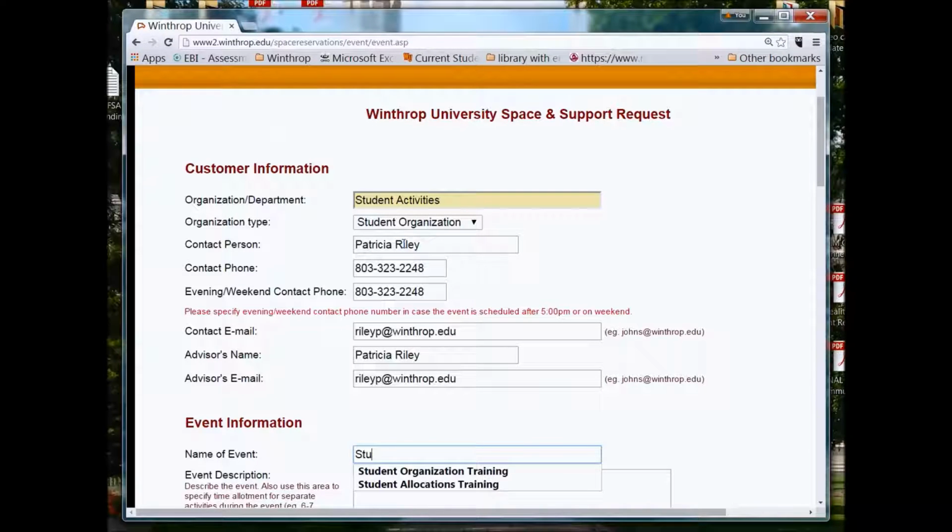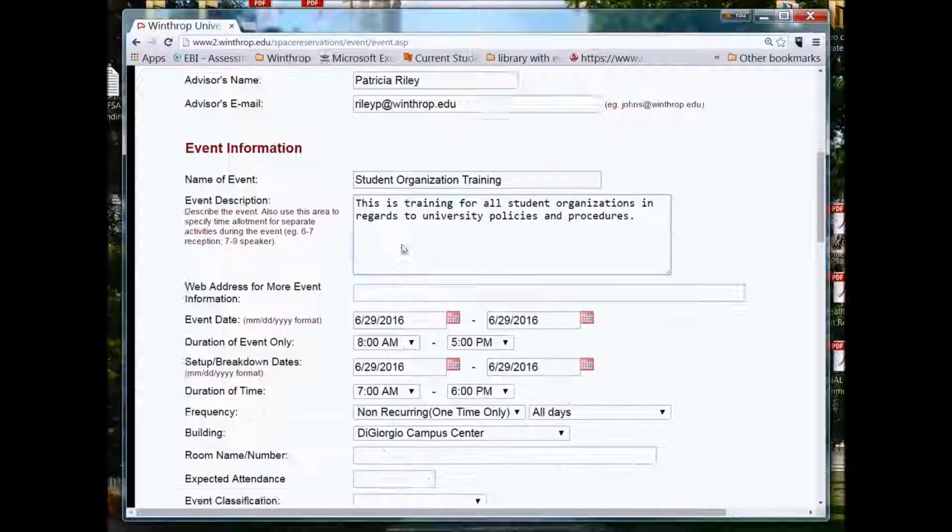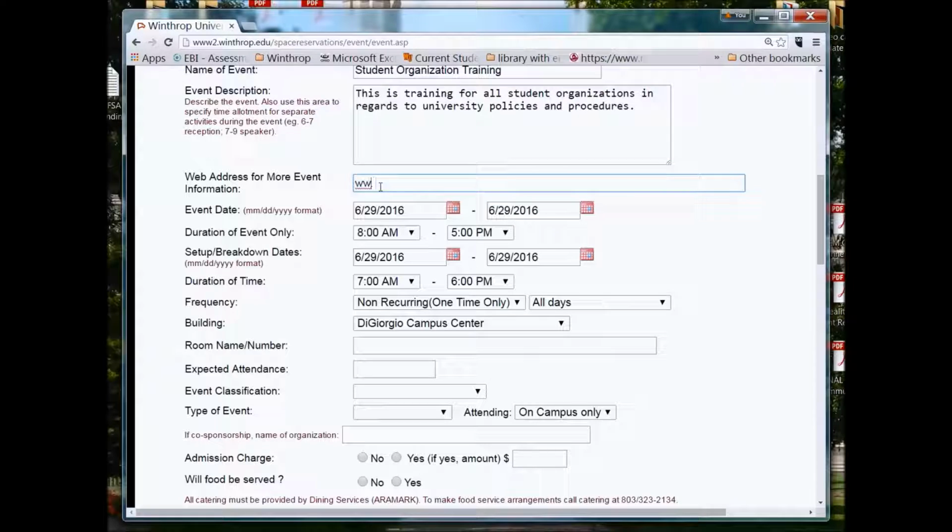And I'm going to put in that this is student organization training. Helps if I can spell. And then you're going to put in all the event details. This is training and procedures. Now, I have a web address, so I'm going to add that, so if anyone's got information,